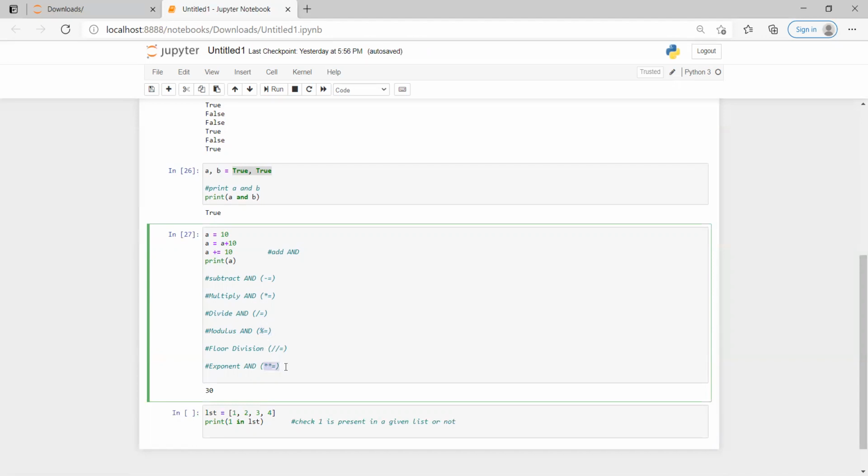We can use exponential values also. So these are all the multiple ways of doing the mathematical operations on top of a variable. Okay, so take some random set of values and see how things work, making use of the expanded form or making use of the shorter form.